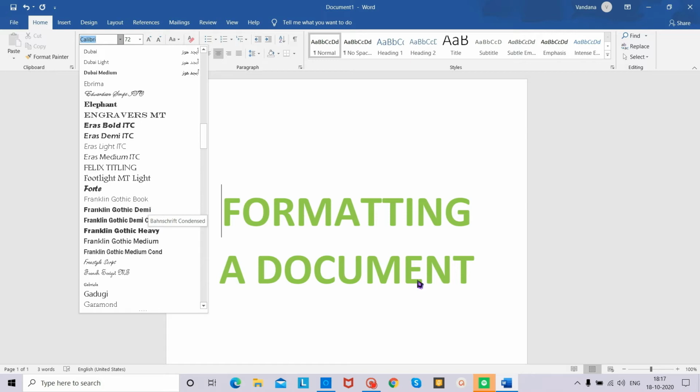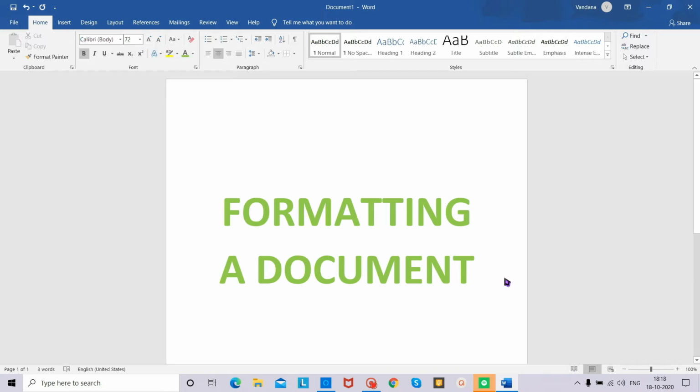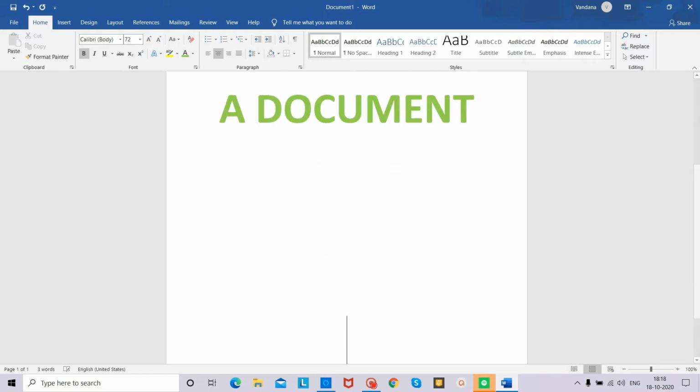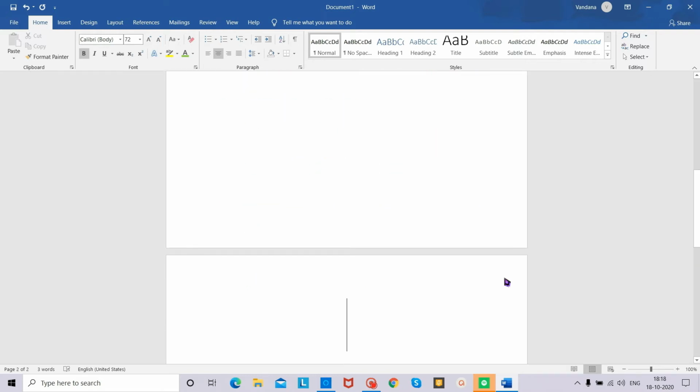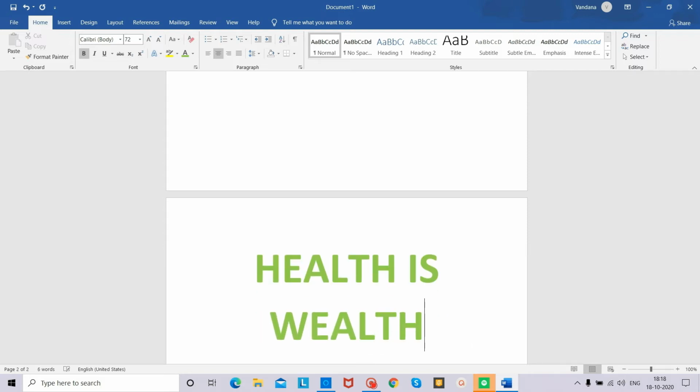So we will just write something in the MS Word document first of all. Okay, I'm going to write here, health is wealth. Clear? So click on the home tab. Already we are here. Next step, click on the drop down list arrow present next to the font style box.